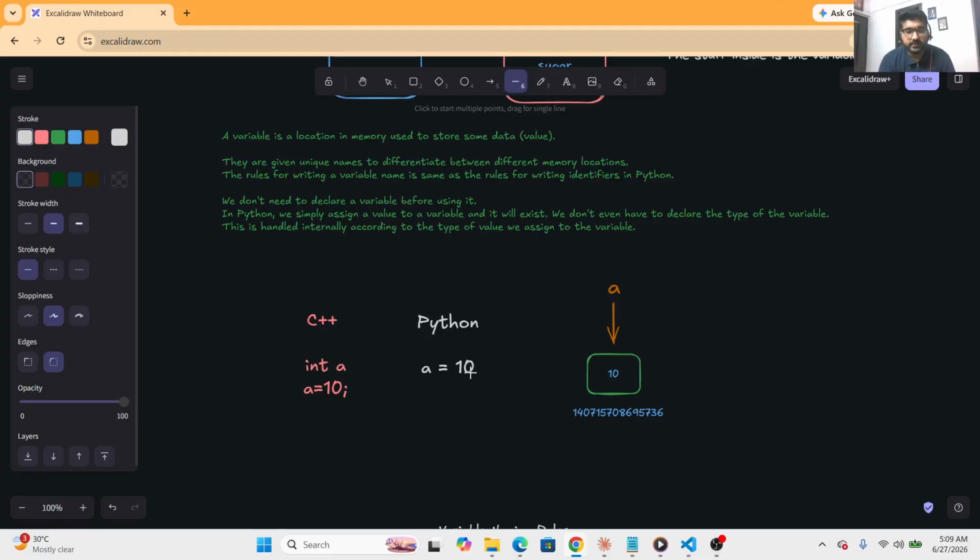So we simply assign the value, which is 10, to variable a, and the data type will be automatically taken care of by Python itself. So what is a doing here? So a is pointing to a memory location, which is a random memory location given by Python, which is this particular number in our case, and a is pointing to this particular memory location,